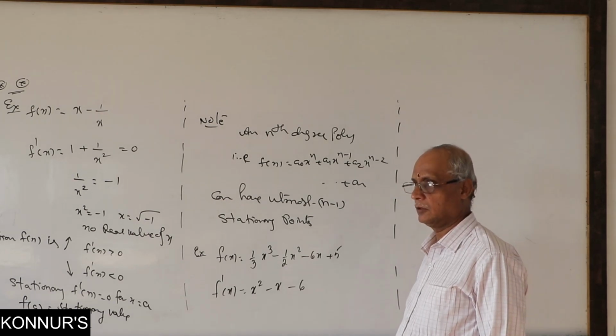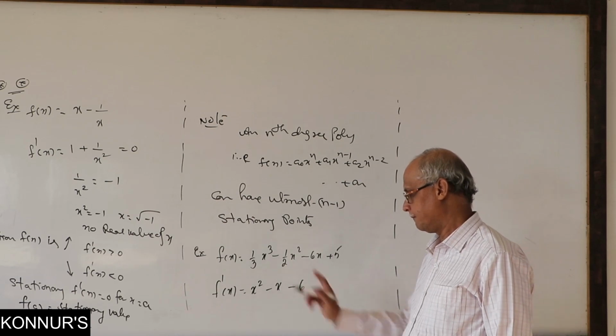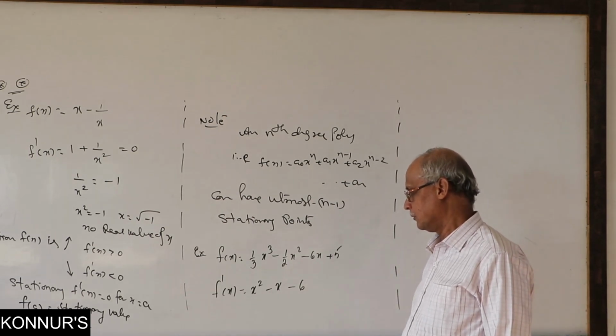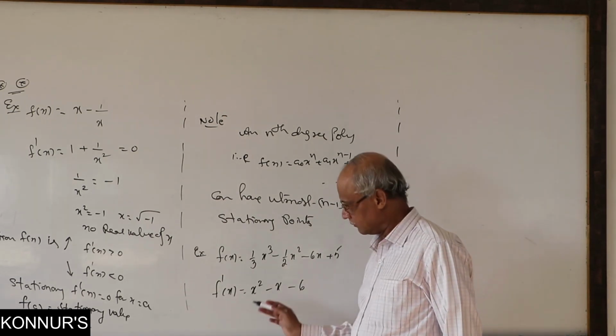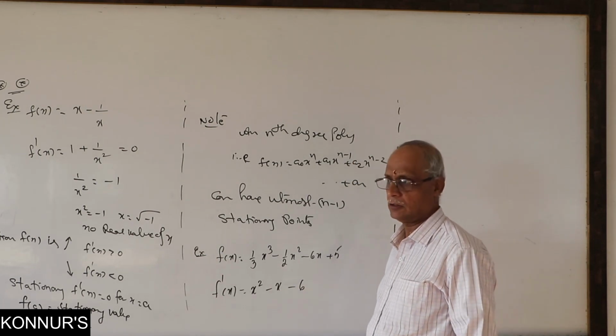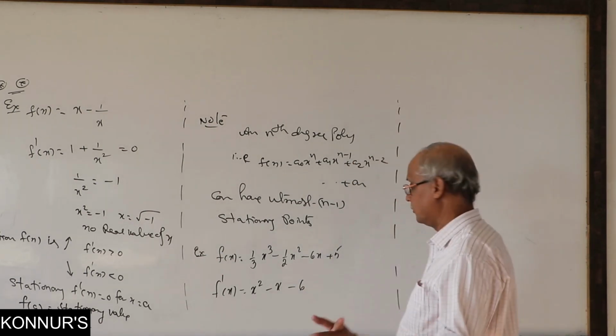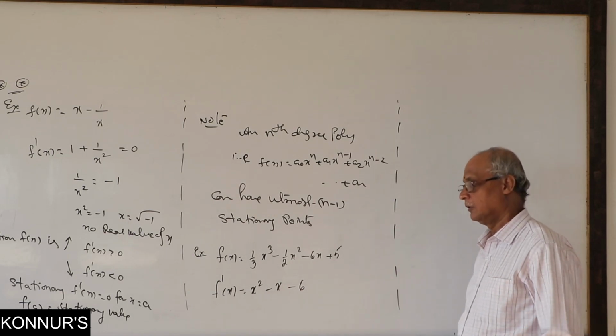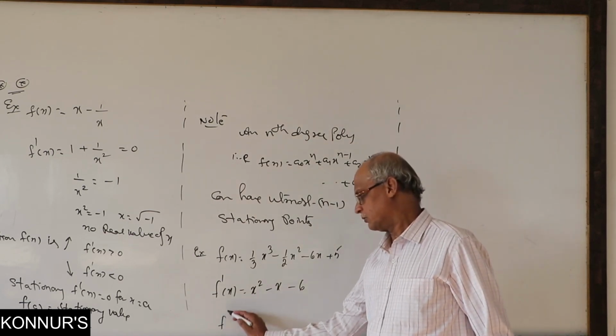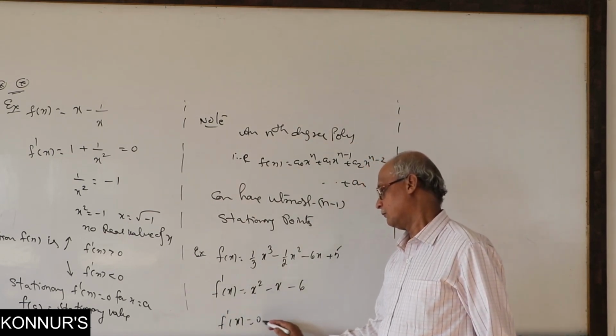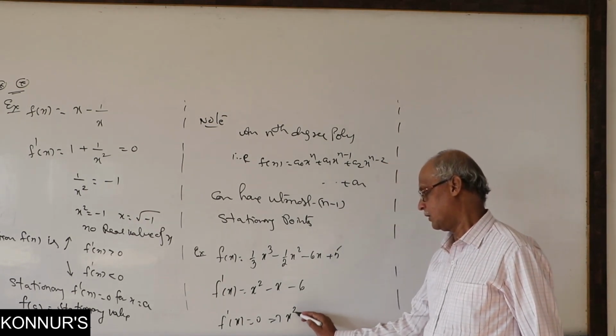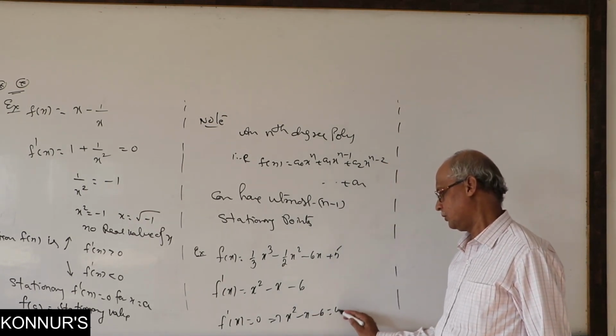Okay, that is also possible. That we will see later. Here, derivative. First we start with calculating stationary points. Why? Because stationary points will give you increase and decrease immediately. F dash x equating to 0. What are the roots of this equation?